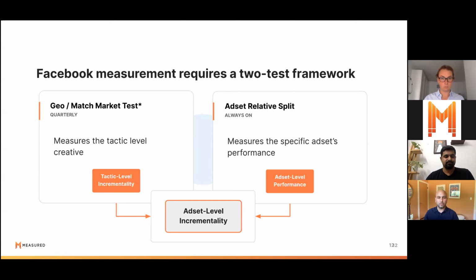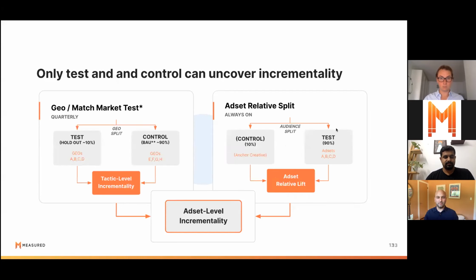Great. You give a slightly more detailed view here of what these splits tend to look like. These numbers are not always the same. Sometimes they change depending on the investment opportunity or risk profile of the particular client, and making sure that we have this test and control breakout is important. You can see here we have the anchor creative highlighted under the control as the ad set relative split test. This is the branded creative. And in this case, you're not actually losing any investment in this particular test, because you're still using a branded creative to draw the comparisons between those ad sets. We're just calibrating that further with the active in-market geo test.